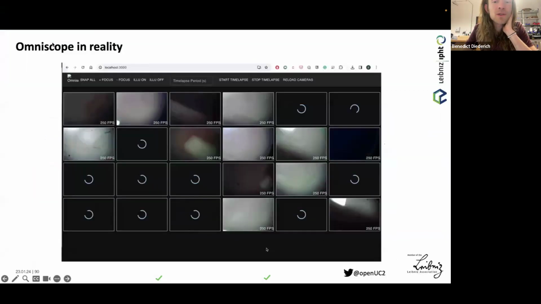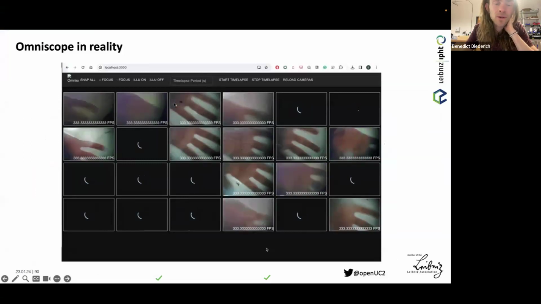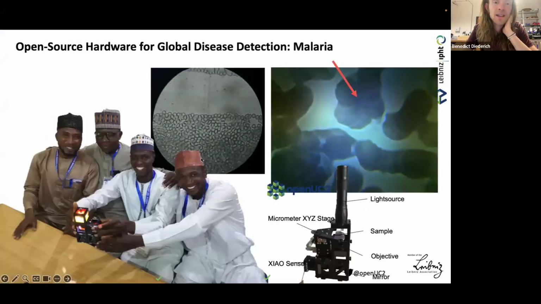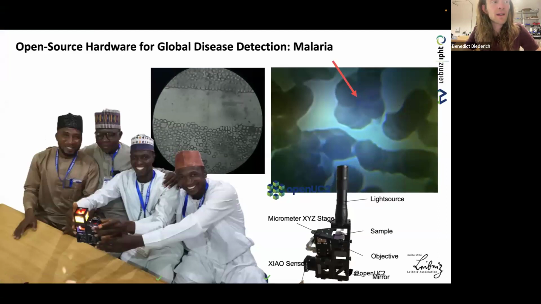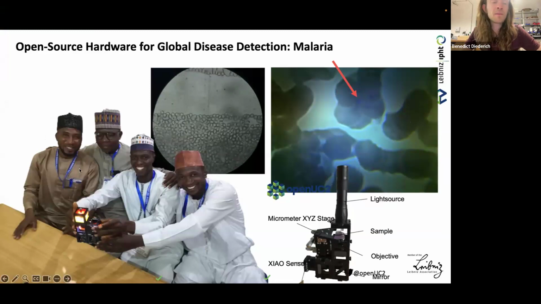Yeah, but you can also use those low-cost things, well, of course, for teaching. So that's something we did last year in Nigeria, but also for something a bit more productive. I think Manu is now in Senegal giving people a course on how to identify malaria. It's a huge topic, and I'm by far not an expert, so I've just touched this thing barely. But the people in Nigeria, they really rely on these optical tools to detect malaria, and this is also based on this low-cost camera. So that's something that people built on site,